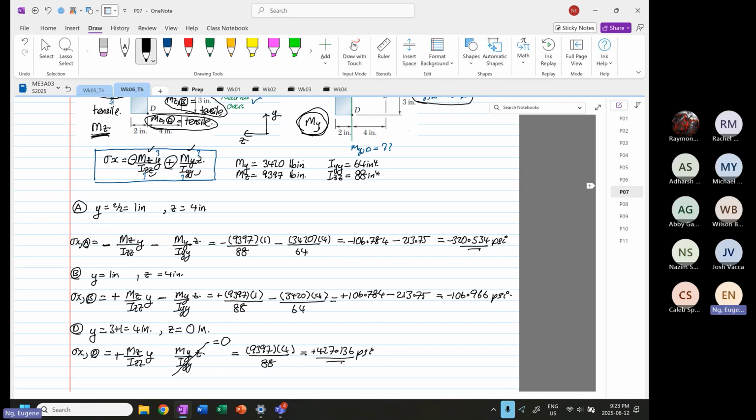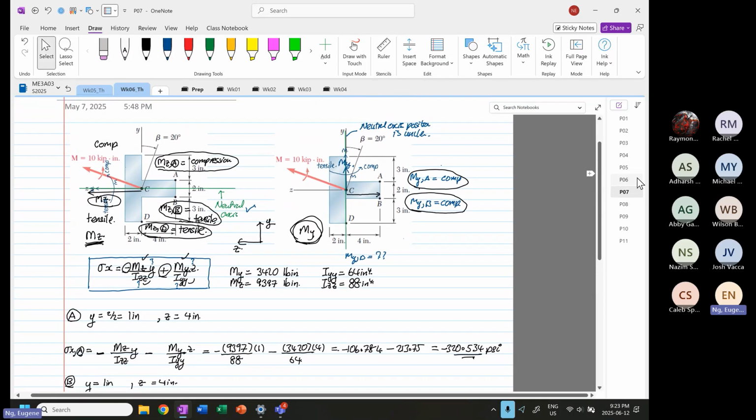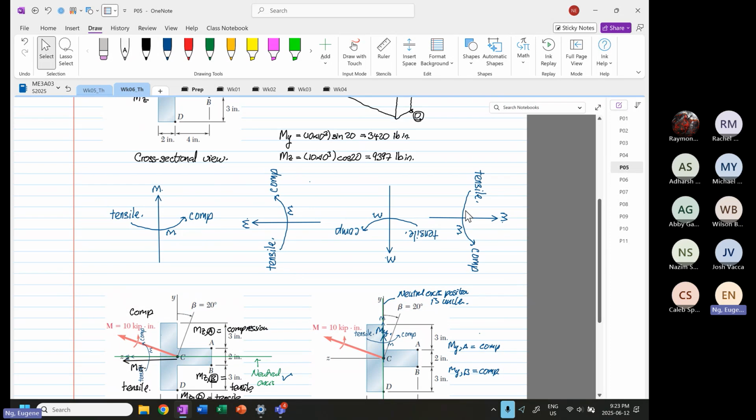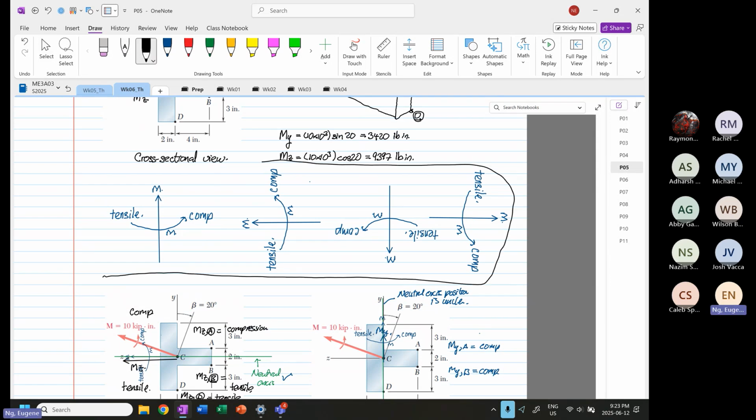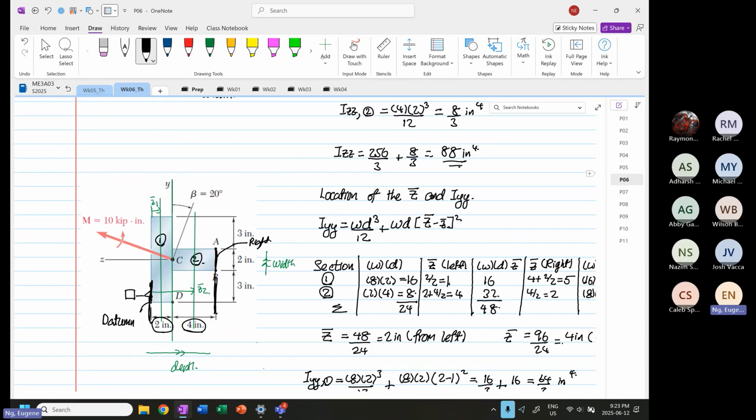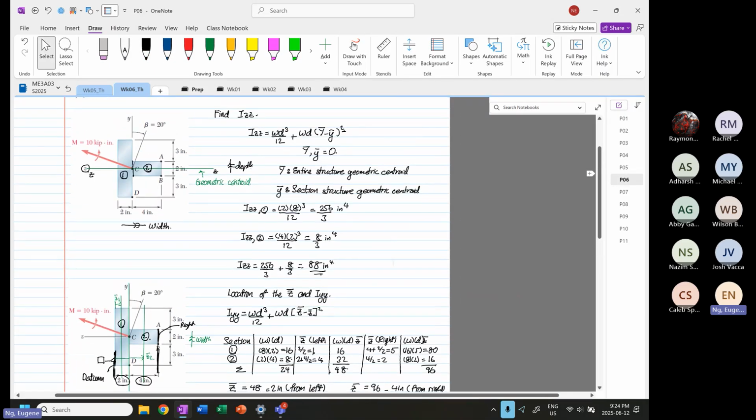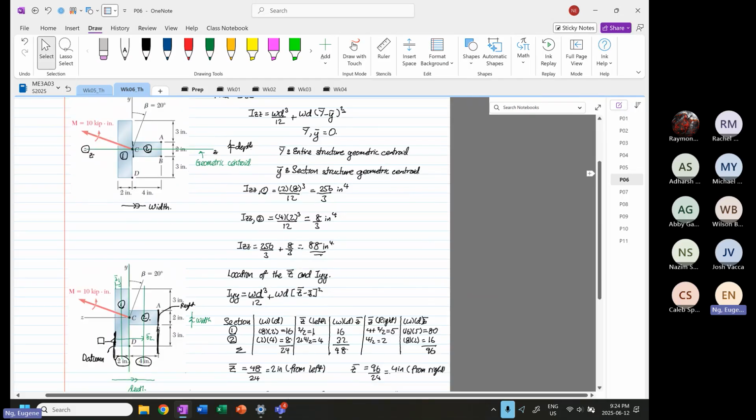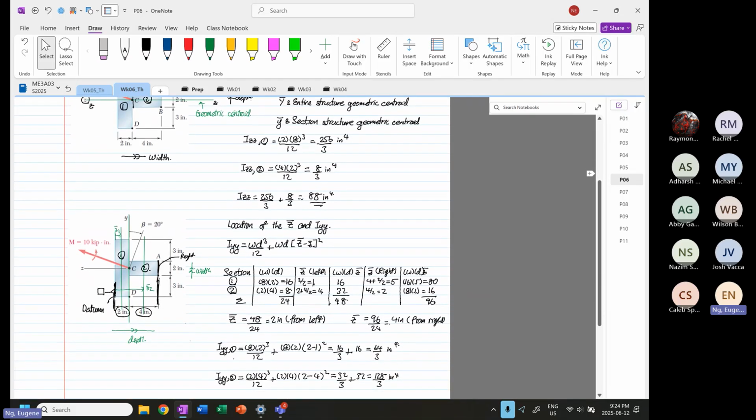Okay, so you can see it is not that difficult, right? But the most important thing is this moment. This is the key. Once you got that, you now need to know how to find Izz, Iyy,